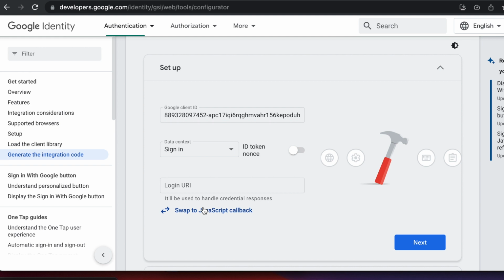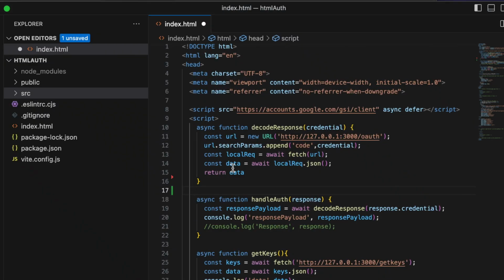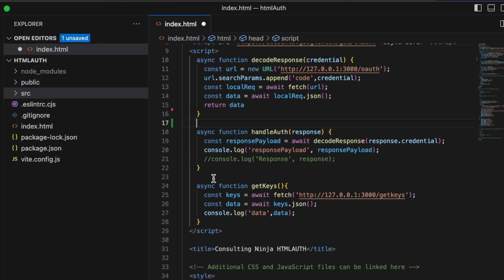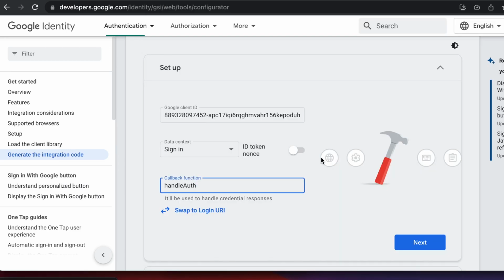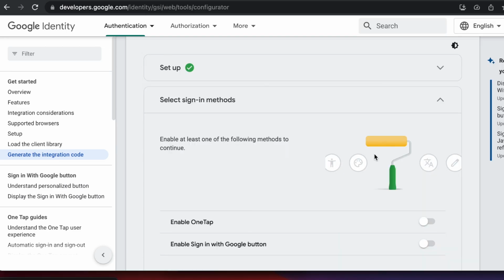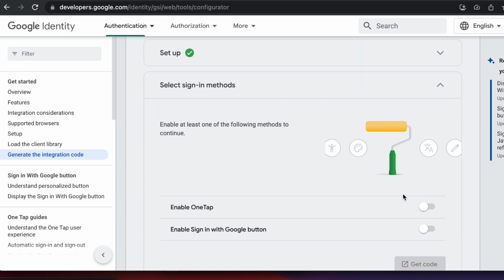way I have found is go to the JavaScript callback method and enter in the function name here. I called mine handle auth, and so that's what you type in here. It needs to match whatever function you have in your HTML file. Google is going to do its thing and then pass the response back from their server to that function. So just make sure that it matches your function name, hit next, and now for sign-in methods, you only have